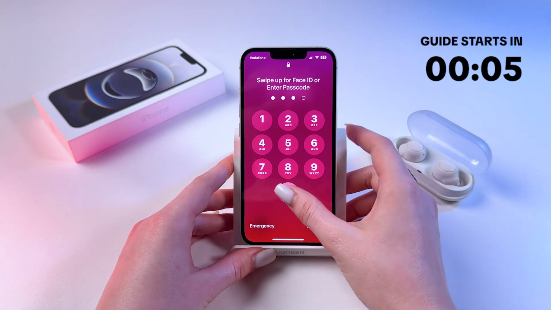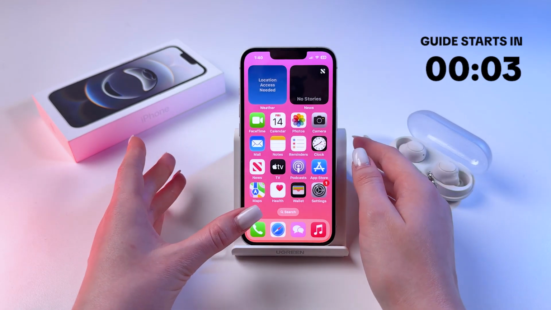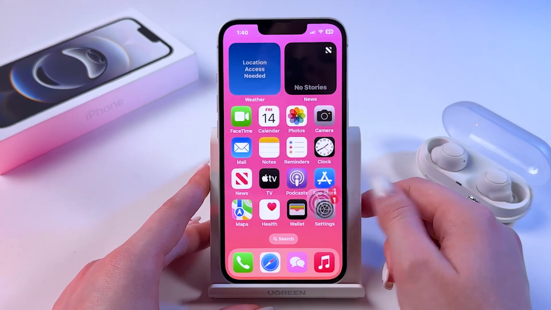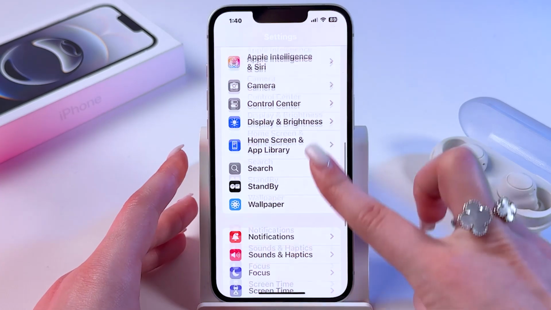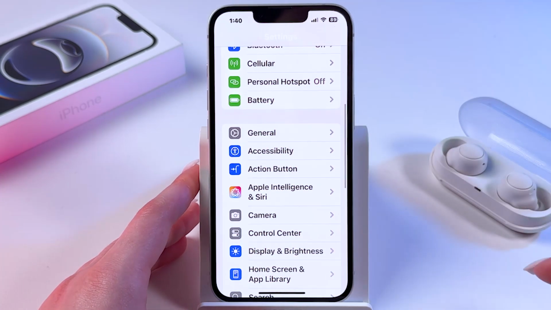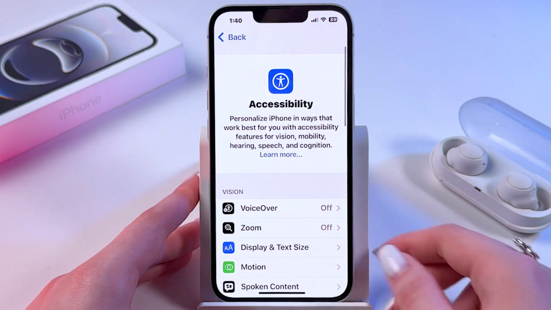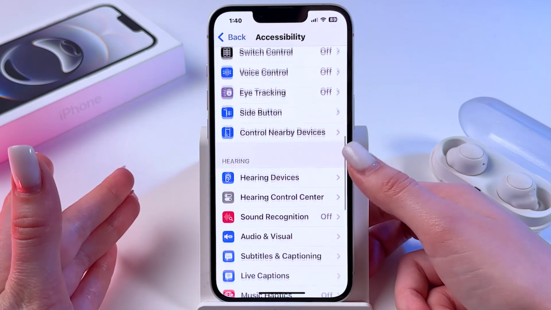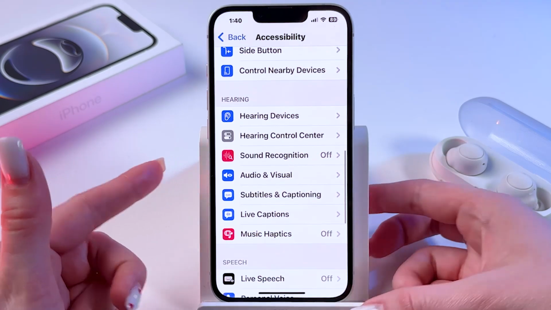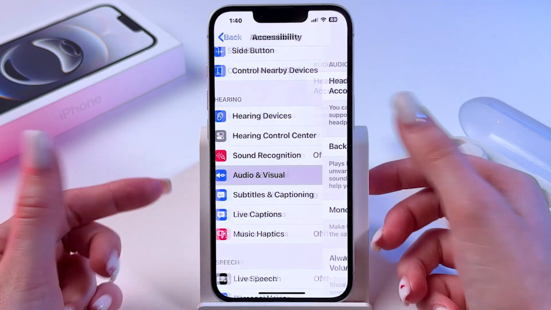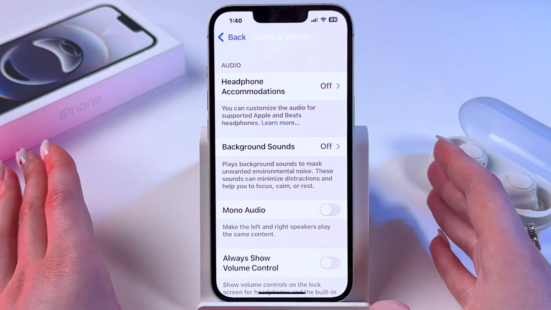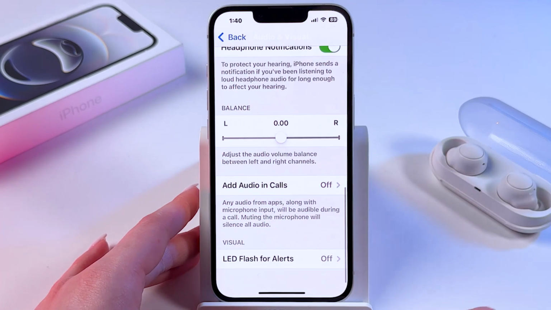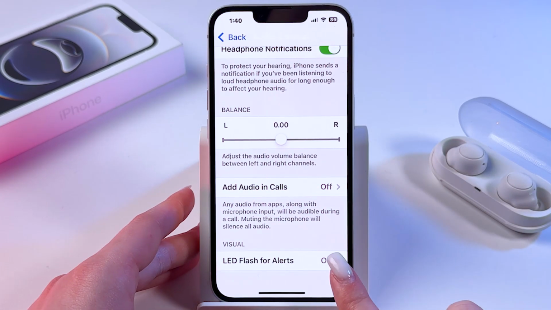Hi, to turn on and off flashlight notifications for alerts on iPhone 16e, as a first step, go in your phone settings. Now, in the list, you should find this section Accessibility, and by clicking it, you need to find Audio and Visual section in this hearing category. And right now, what you're gonna do is you need to scroll all the way down and select LED flash